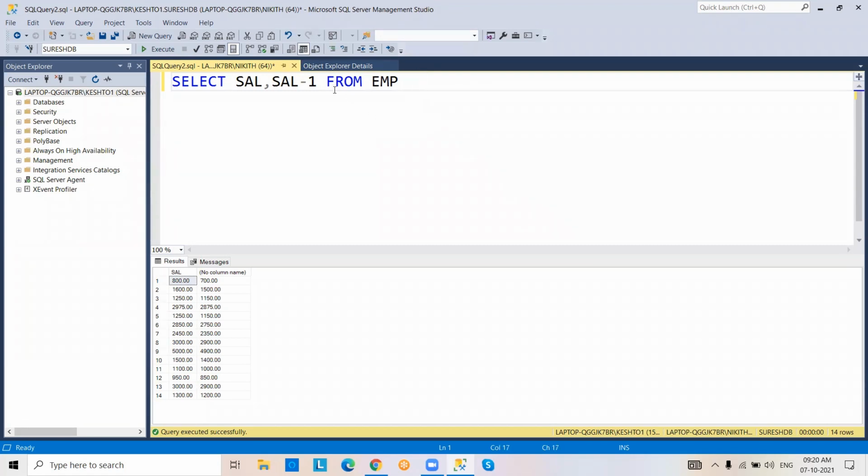In the same way, I want to retrieve salary and annual salary. What is the meaning of annual salary? 12 month salary. Annual means 12 months only, right? Yearly 12 months will be there.